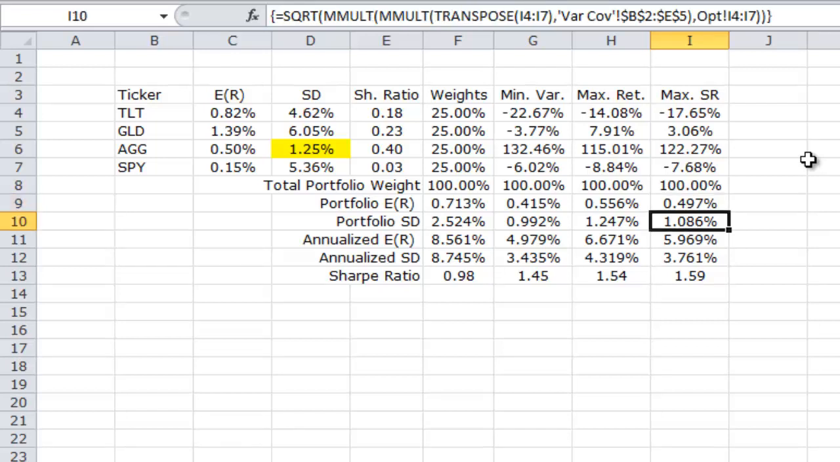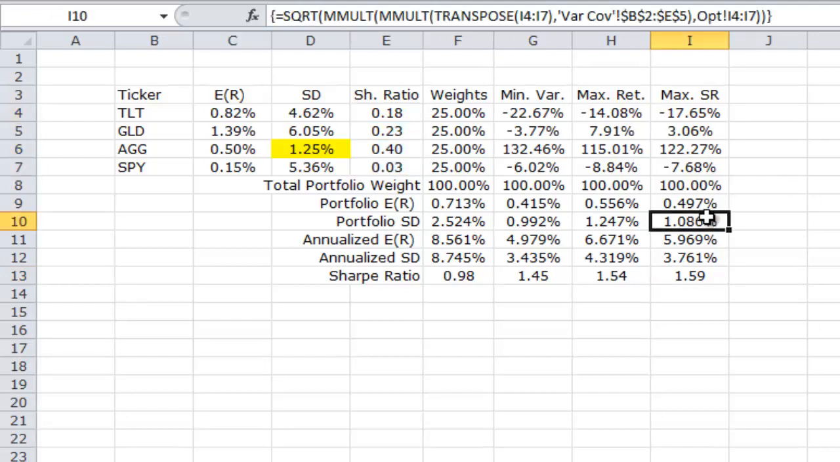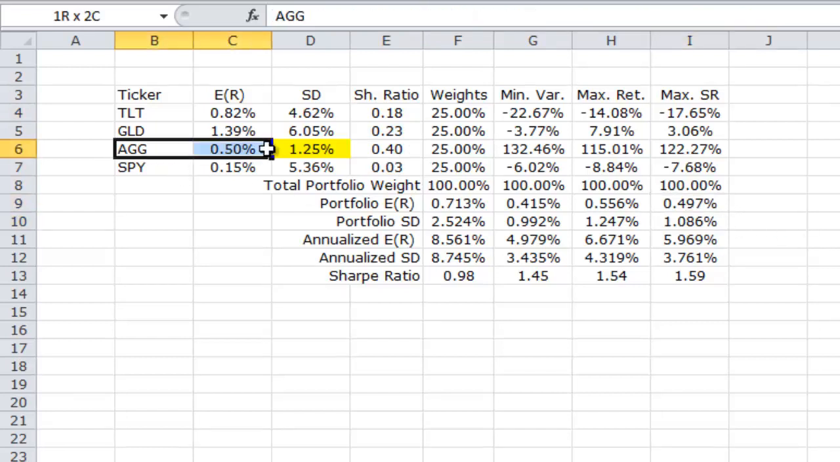If we do that, we get a monthly expected return of 0.497% and a monthly standard deviation of 1.086%. We get a Sharpe ratio of 1.59, which far eclipses the Sharpe ratio of any of the individual assets. So in essence, we've incredibly deflated the risk while keeping our expected return about even with AGG, which gets us a really high Sharpe ratio. On an annual basis, you'd be creating a portfolio that should get an expected return of about 5.969% and an annualized Sharpe ratio of